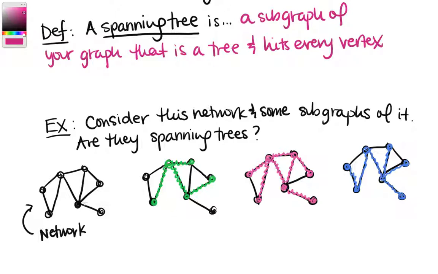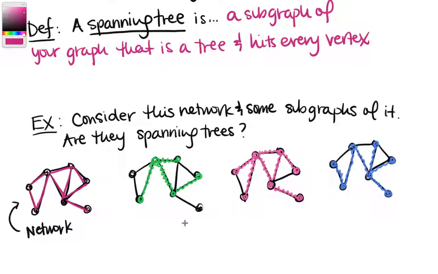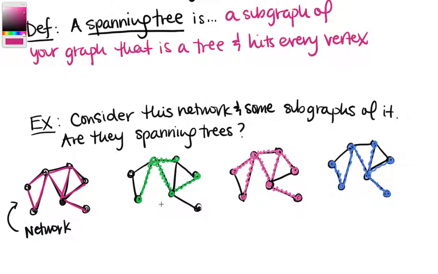So for instance, in this example, we're restricted only to these edges that are already in the graph. We have to pick from those. And for it to be a spanning tree, we want to touch every single vertex, and we want to have it be a tree. So let's discuss these three subgraphs that we've drawn, which ones